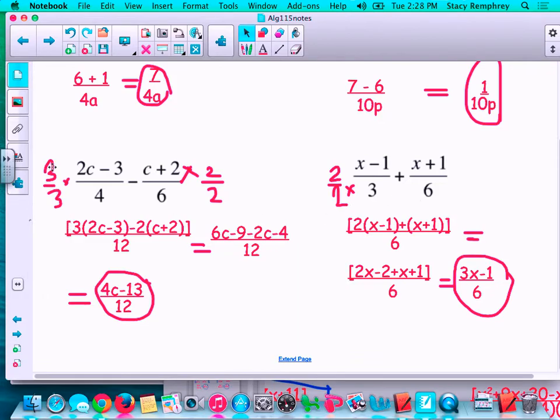As we get down here, I needed the common denominator of 12, so I multiplied top and bottom here by 3, top and bottom here by 2. Now I kind of wrote everything that I was going to have to do on top. So this is the 3 times the 2c minus 3, that's right here, minus, that's where the minus came from. I just moved the 2 up front, c plus 2. I distributed the 3. I distributed the negative 2. I combined the like terms, and then there's no greatest common factor there or anything,